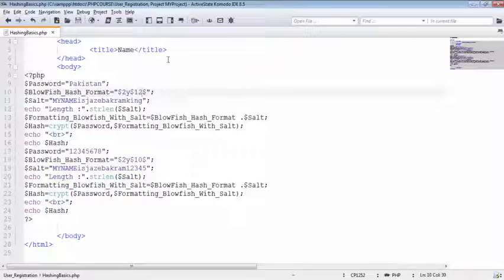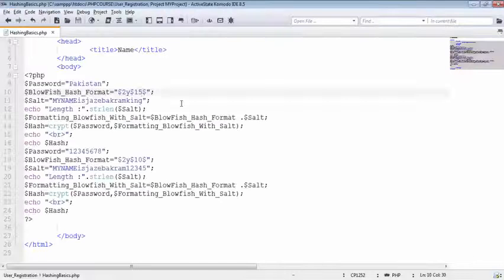So if I change the cost to 15, saving this one out, refreshing our page again, now you can see it's taking too much time and it almost got 4 to 5 seconds. So if I change it to 20, saving this one out, refreshing the page,